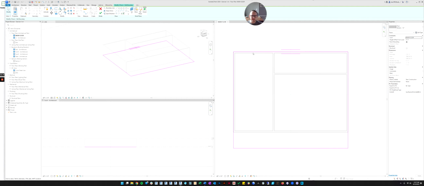All it does is make a copy of whatever you select and offset it by a certain distance. So let's go to the offset command. And then down here on this bar, you can tell it how far to offset something. So if we want it to offset 2 feet, we'll put in 2 here and hit enter.